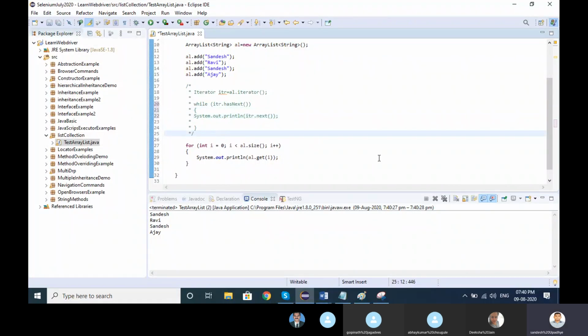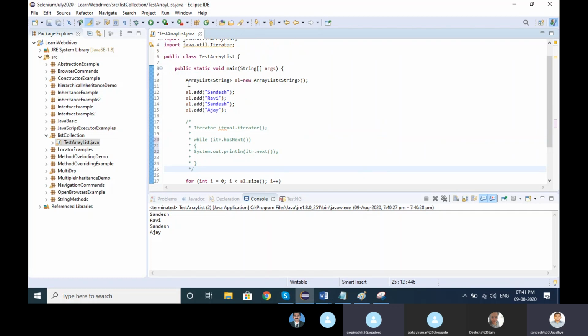Okay, anybody having doubts? What is the thumb rule when we have array list? Abhay, can you tell me what is the thumb rule when we go with the array list? It allows duplicates. Correct. That is the main thing. Based on these things, we can decide where we can use it and where we cannot. When we want duplicate data, when we want all the data, then go with the array list by default. But memory wise, the array list is a little bit slow. But anyway, developers prefer to go with the array list.